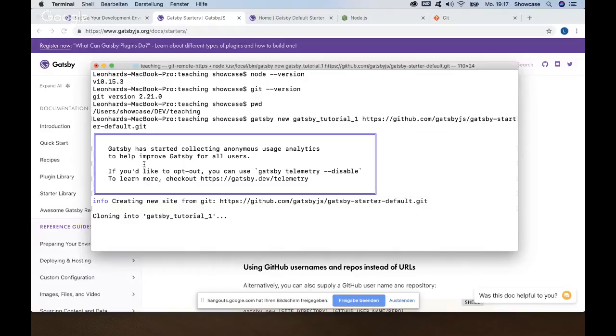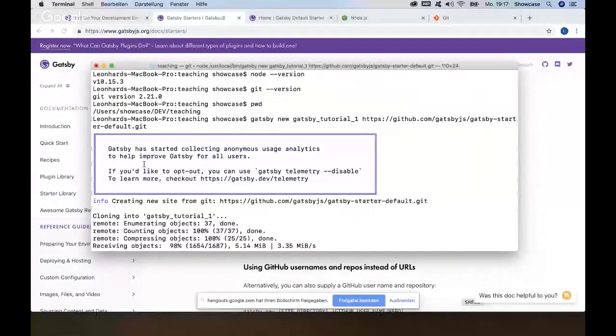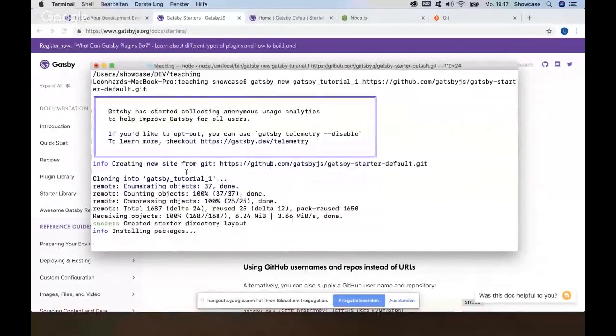clone the repository. Cloning is one of the functions of Git, where you can make a local copy of the remote repository where these project files are stored. Let's see if this is working. This can take a while. Let's maybe jump to